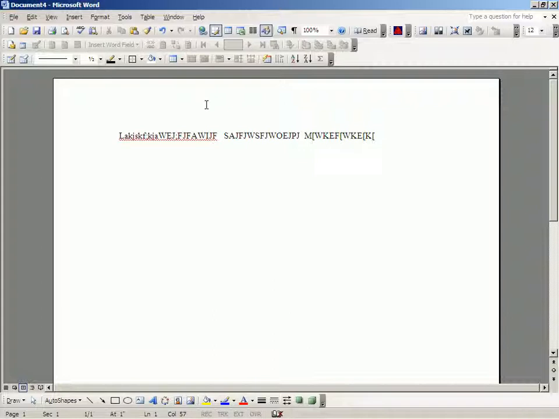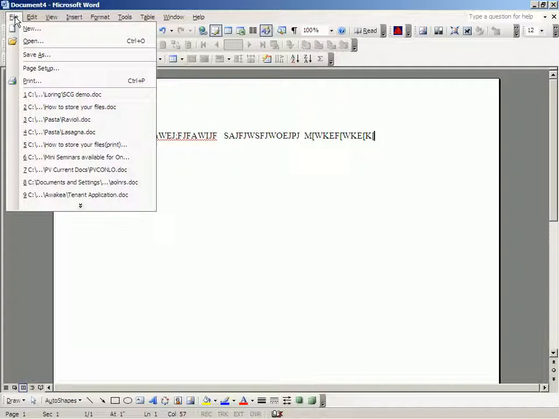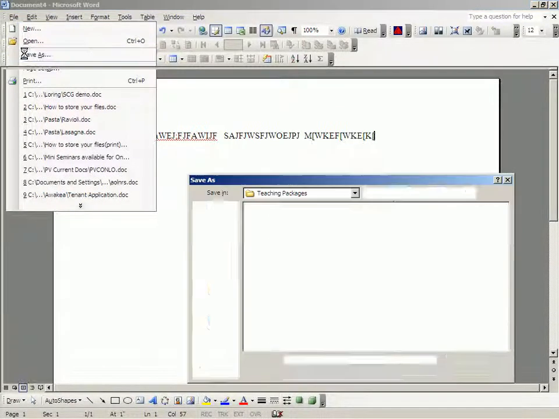Now let's say that this thing that is really wonderful is in fact a description of a piece of property that I own on Loring Street in Pacific Beach. I don't own something on Loring Street in Pacific Beach, but wouldn't it be nice if I did? And let's just pretend. So when I go to save this, and I click File, and then click Save As,